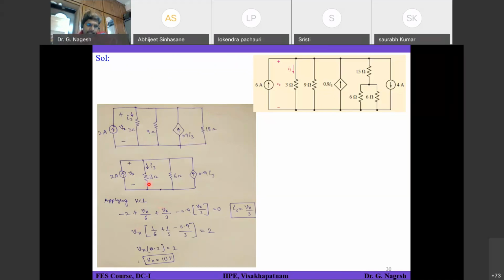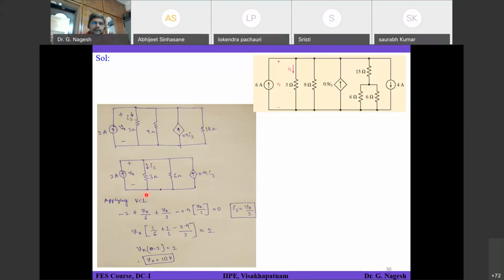So I will consider the entire top node as one node and the bottom one as my reference node, let's say. With respect to the reference node at the bottom line, your top node voltage is Vx. That is the potential difference between the two nodes. It was given in the question that Vx is the voltage of the top node, this entire thing, with respect to your ground node. Ground node means reference node. Right, this is Vx.